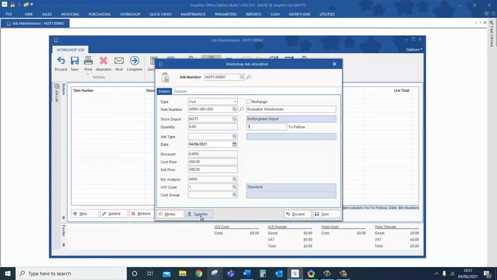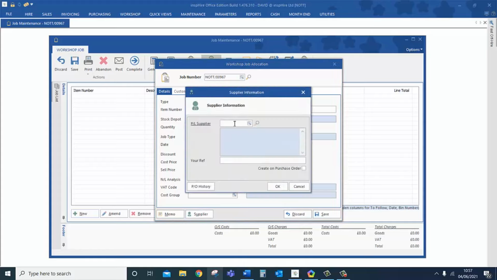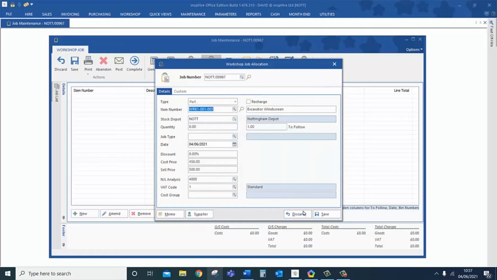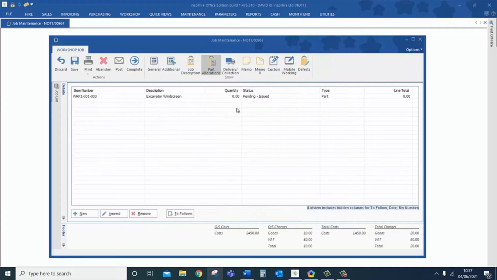So what we can do here, we have a supplier tab. I can type in who my supplier is for that particular item. We can also view a full purchase order history as well. So if we have several suppliers against one item, we can always go in and view who has given us the best price in the past. We tick this button, create on purchase order, and then what this will allow us to do is actually create a purchase order on the back of this workshop job. So now we've added that,